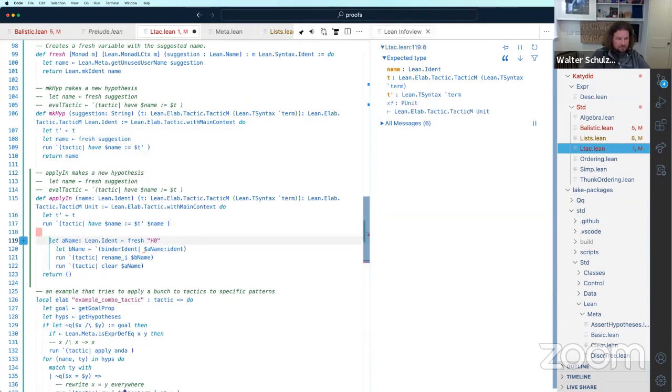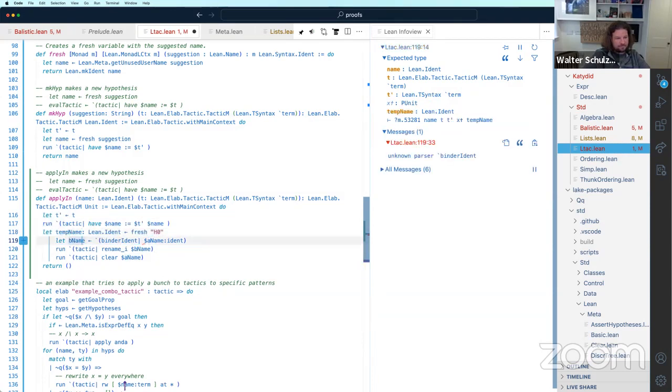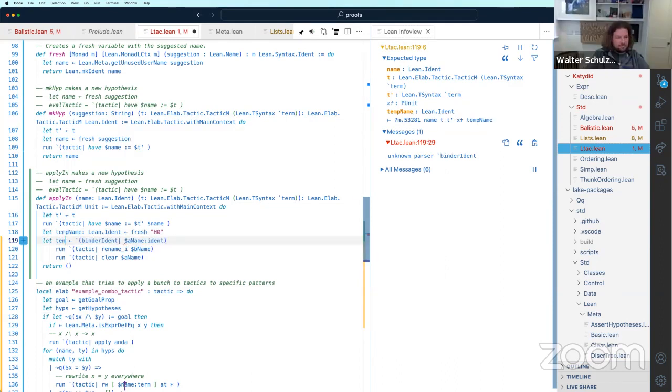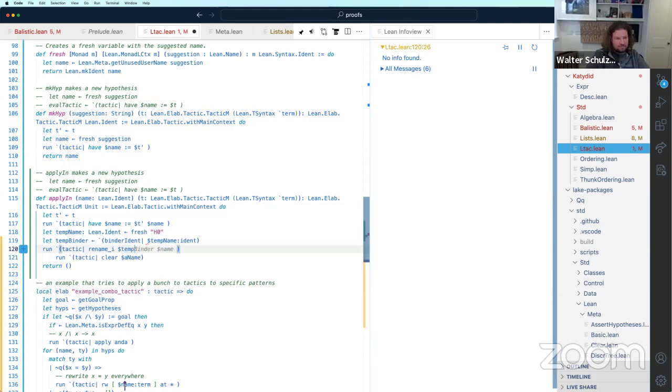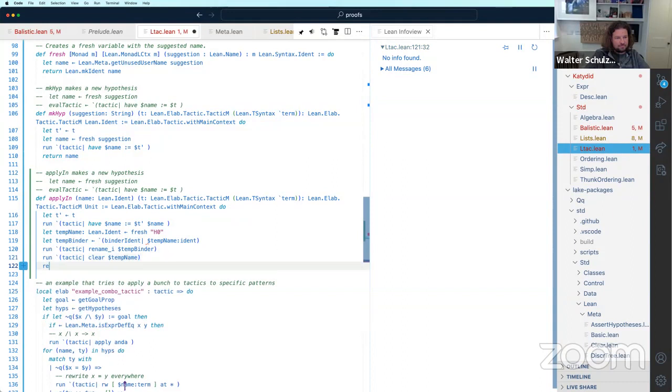Okay, now we create a temp name. And a temp binder. Then we rename with the temp binder. And then we clear the temp name.